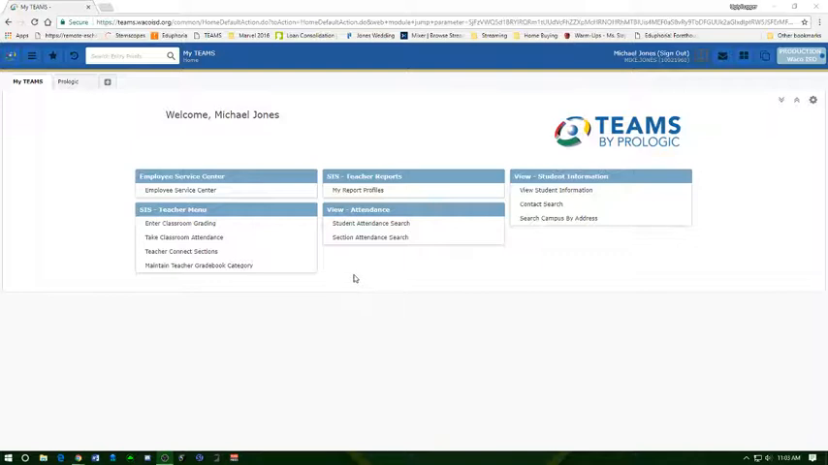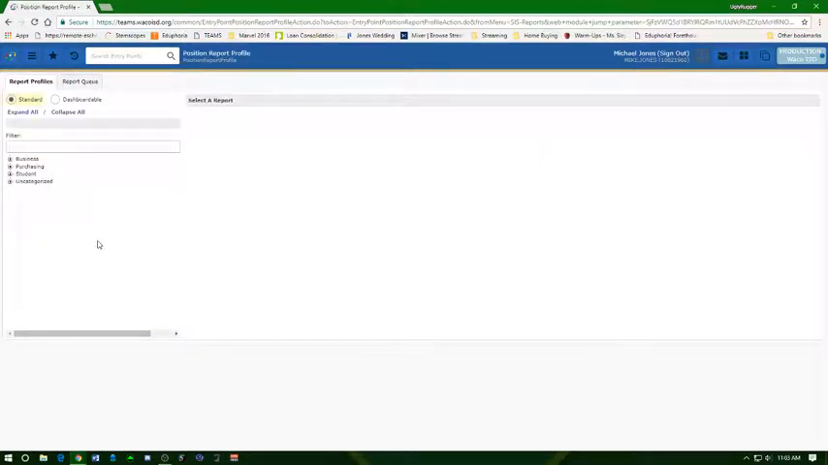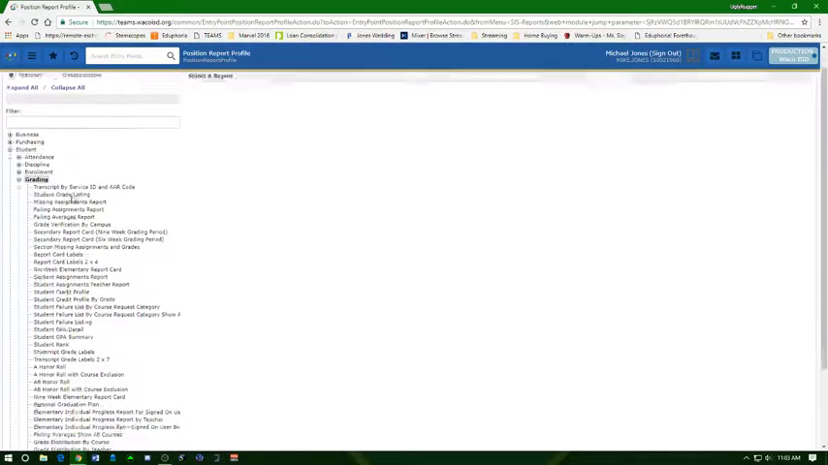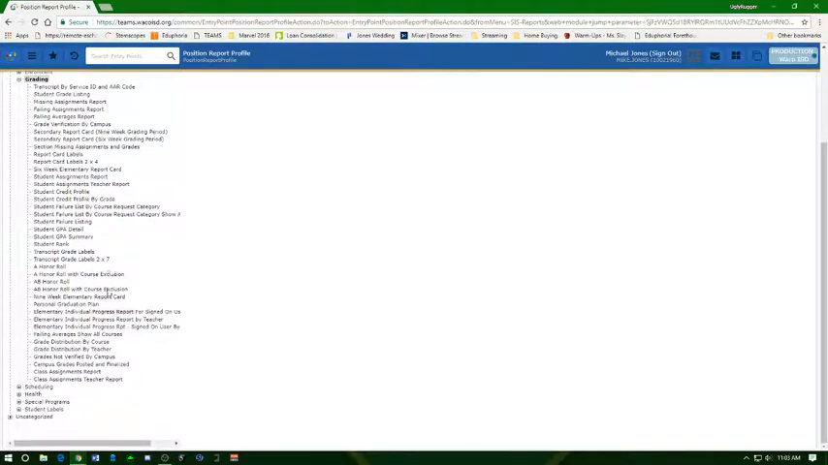So once you log into Teams, it's very simple. We're going to go here to Teacher Reports. Once you're in this section, you need to go to Student and go all the way down to Grading. You're going to get quite a few options here. The ones we're interested in are going to be the last two options here. I'm going to do Class Assignments Teacher Report,